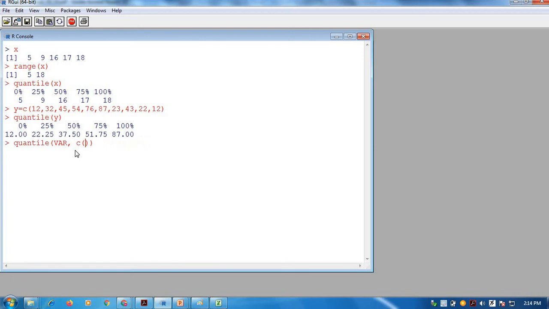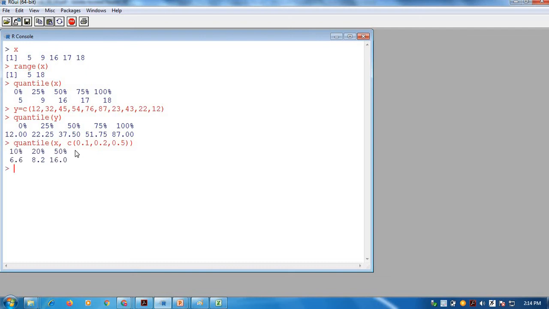For example, I want the 10 percentile, so for that it will be 0.1. If I want the 20 percentile, I should give 0.2, and if I want the 50 percentile, I give 0.5. Like this I can provide a vector with which I can get the required quantile values.